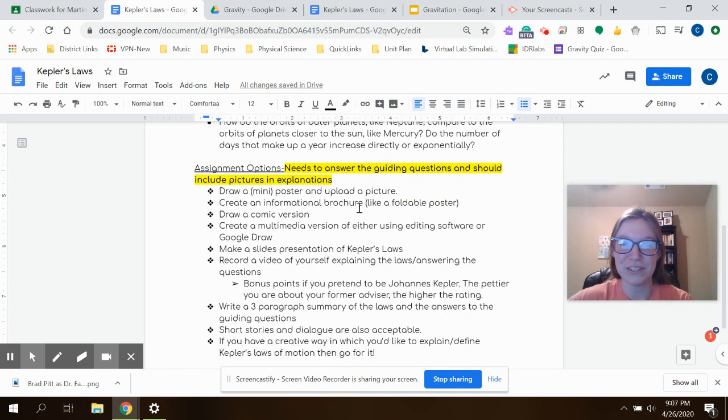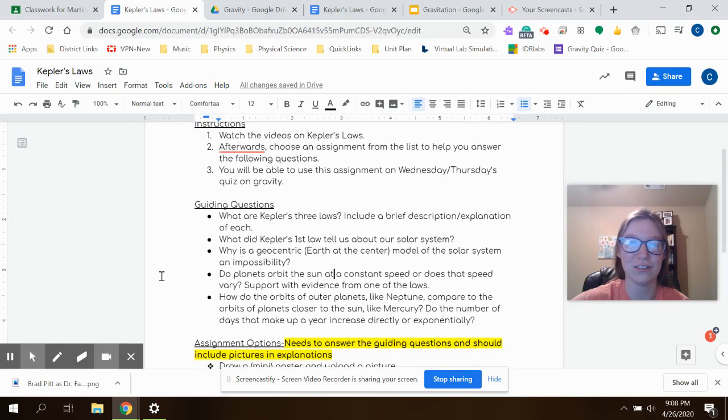So your assignment options, there's lots of different ones. You guys are welcome to pick whichever one just seems the most appealing to you. I put a mini poster in here just because I assume none of you have giant white sheets of poster paper laying around, but go for it. Upload a picture. You can just draw a picture of some planets and